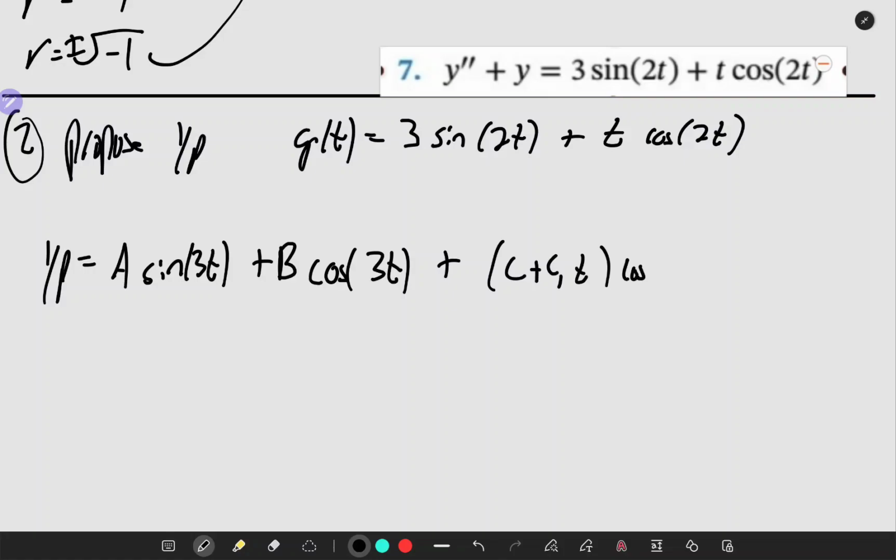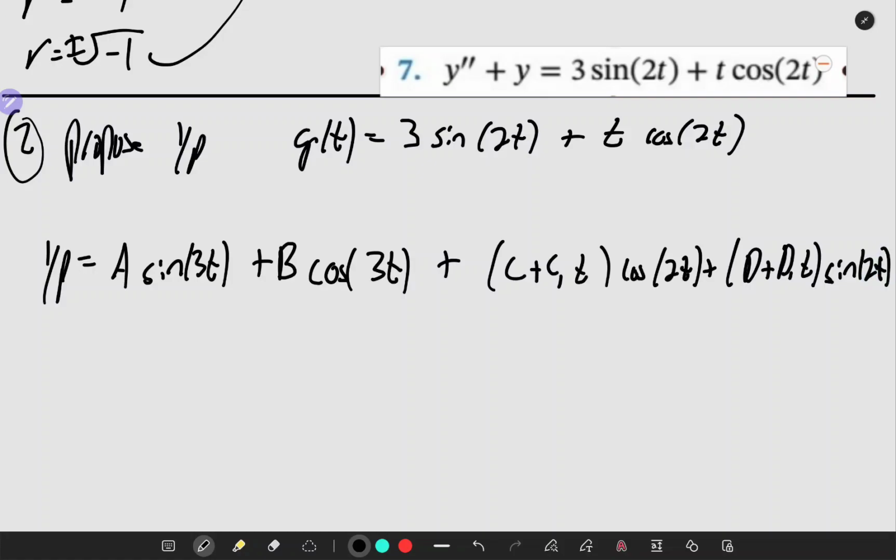Oh man, plus, yeah, this is a little bit longer, right? Plus d plus d1 of t times